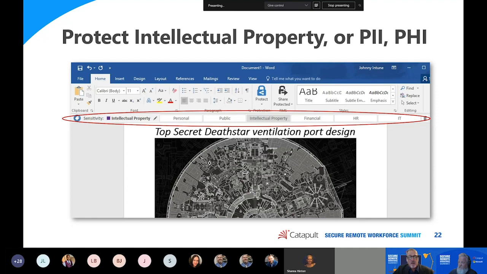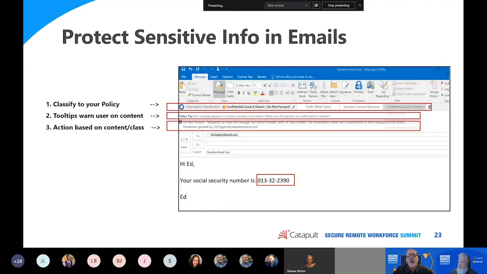That's a great point. Hit the space bar, we might see a different viewpoint. Yeah. So sorry for the eye chart on this small slide, but what I've done is we put together an email. We let the tools do some action for us. This is actually our own environment, just as a test. So essentially, I put an email together with a social security number. Microsoft Information Protection and the DLP functions pick that off.